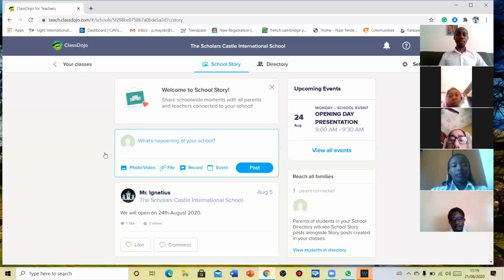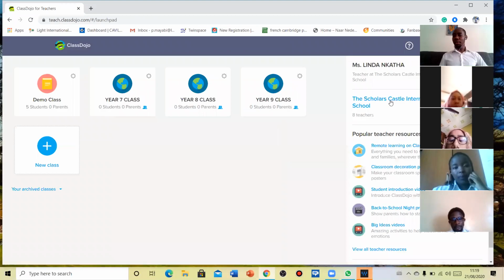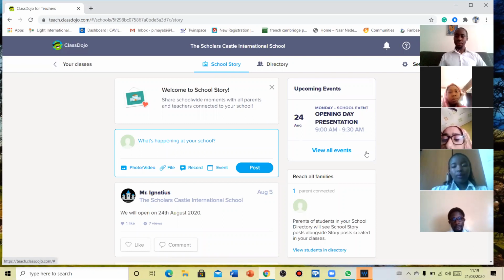So after you've logged in, you simply click on the school here. So that's when it will open the school page. What else can you see on the school page? You can see all the parents. So it is a very transparent platform. There is no way we're going to tell you that you're having 3 parents and maybe you're having 10. So if you're having the 10 parents,